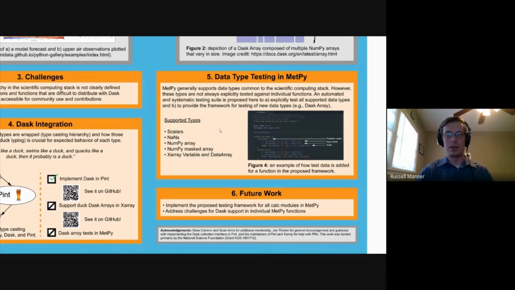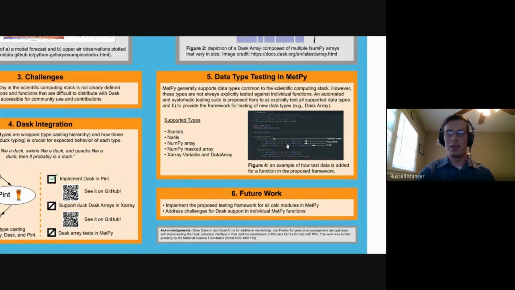MetPy currently supports types such as scalars, not a number values, NumPy arrays and masked arrays, and Xarray variables and data arrays. And going back to that idea of users adding a function to MetPy and being able to test it in this suite,